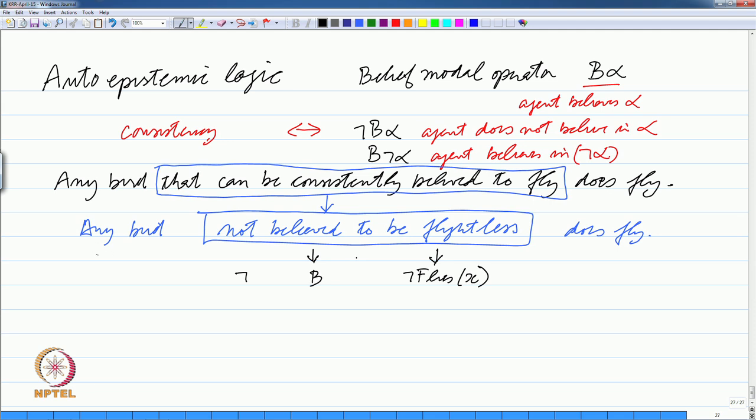And this any bird will kind of correspond to for all x if x is a bird, and this does fly will correspond to flies